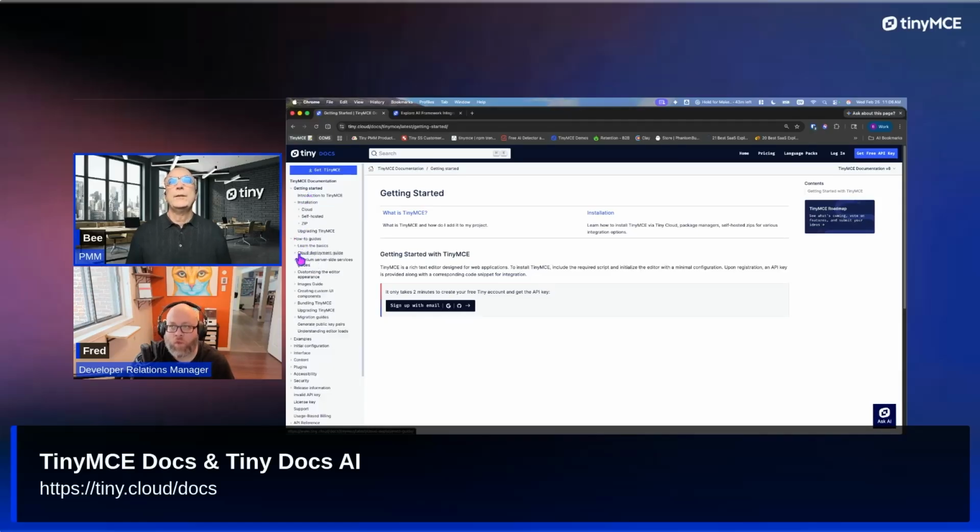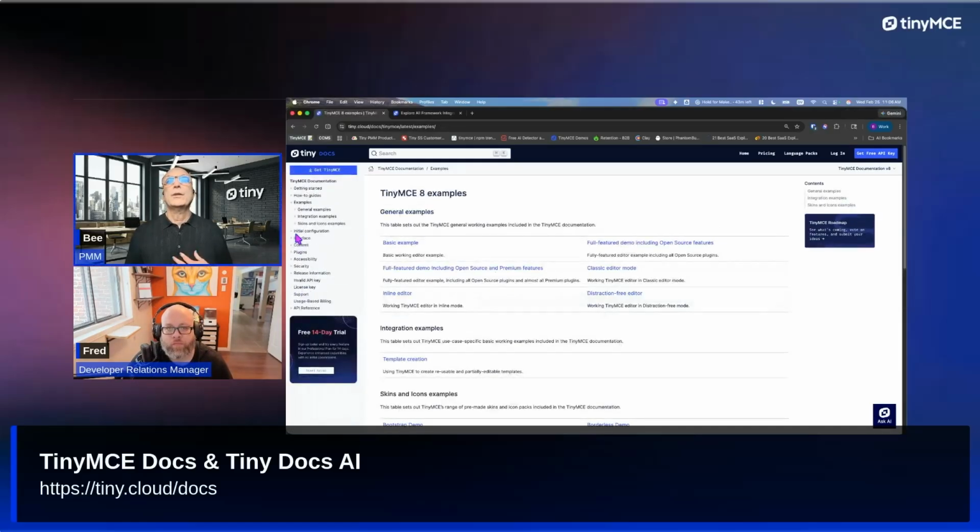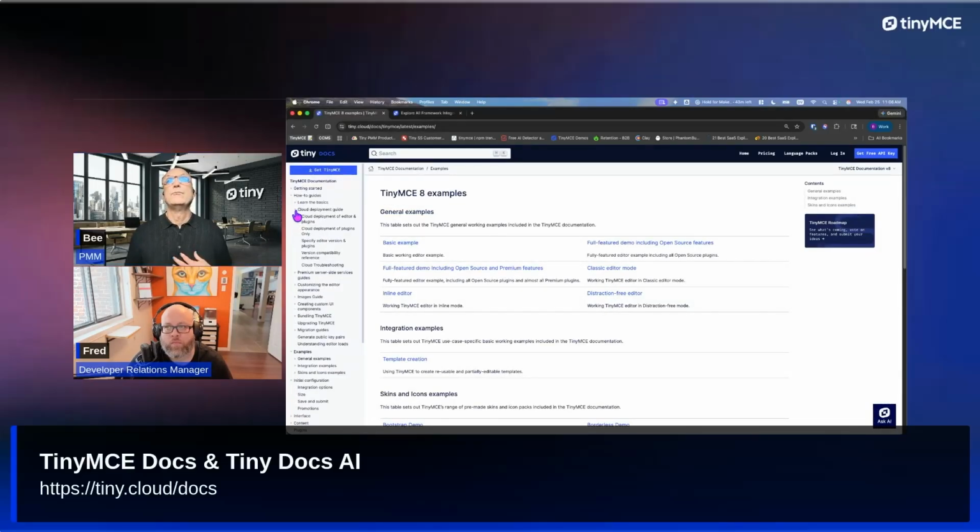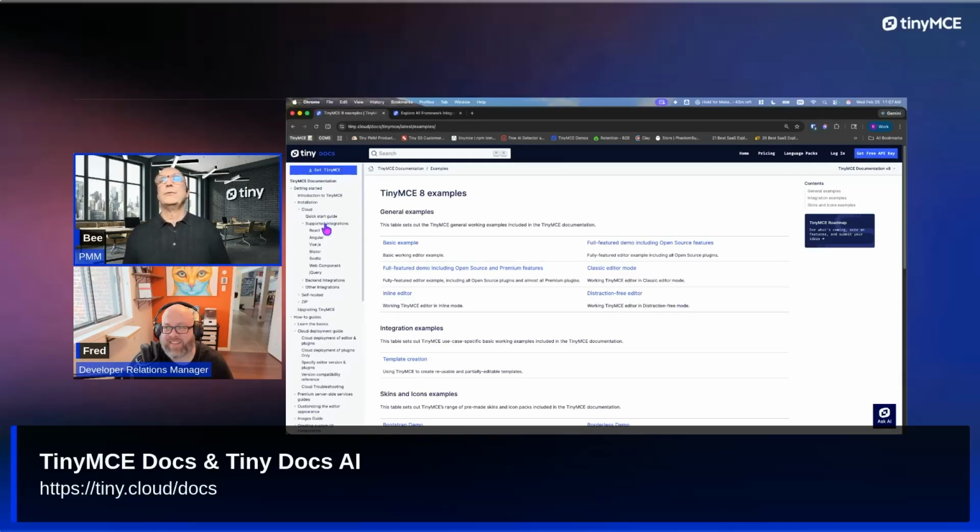I want to learn the basics. I want to figure out how I'm going to deploy this on a cloud setup. Tons of examples. I did want to come down to, yes, there's so much here. Fred's going to go into a few more details on this in a second, but under the quick start guide and supported integrations,